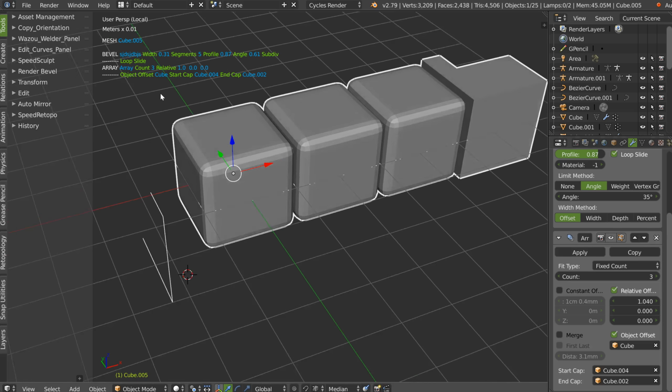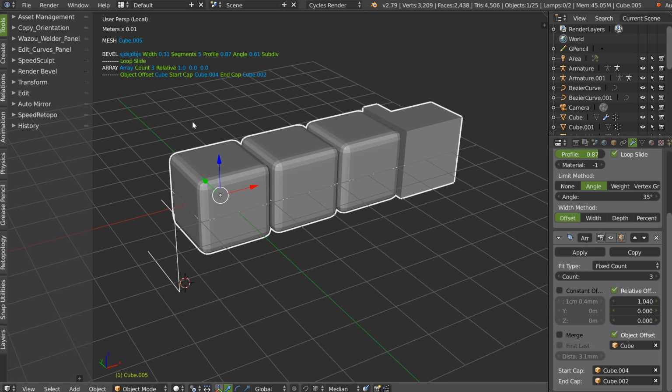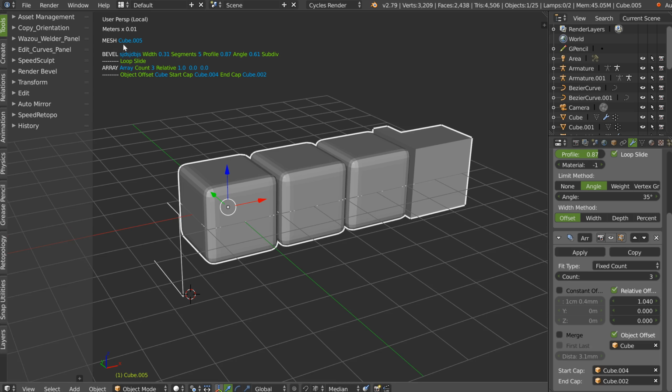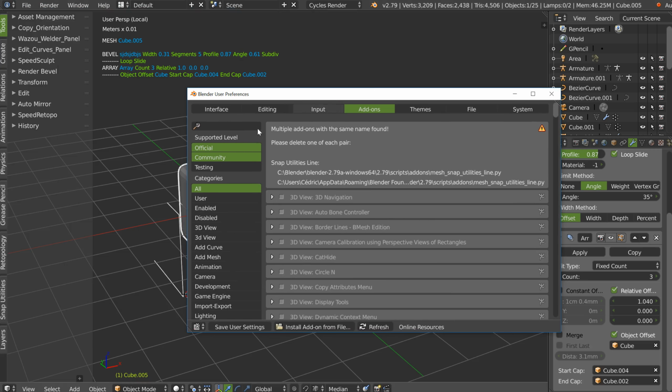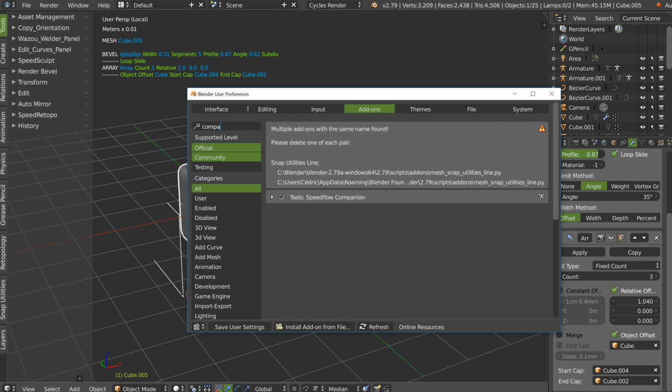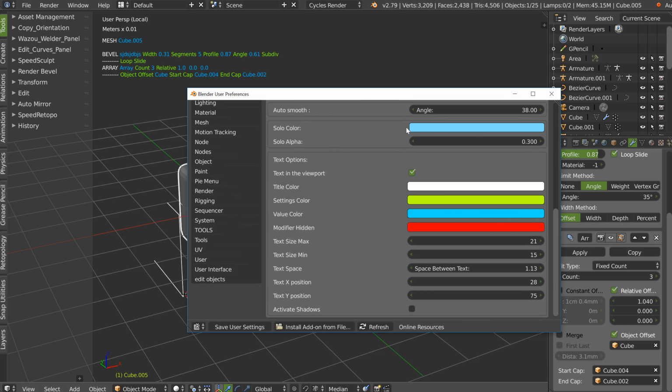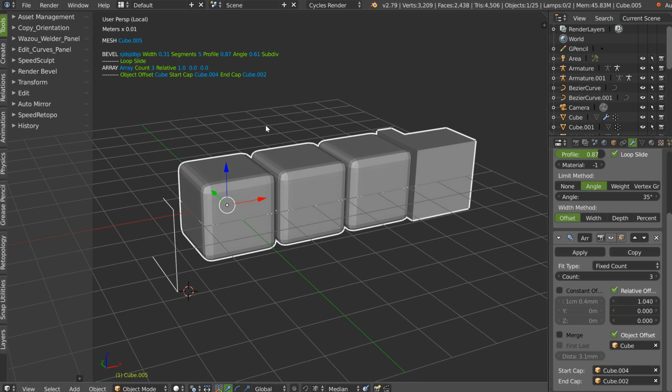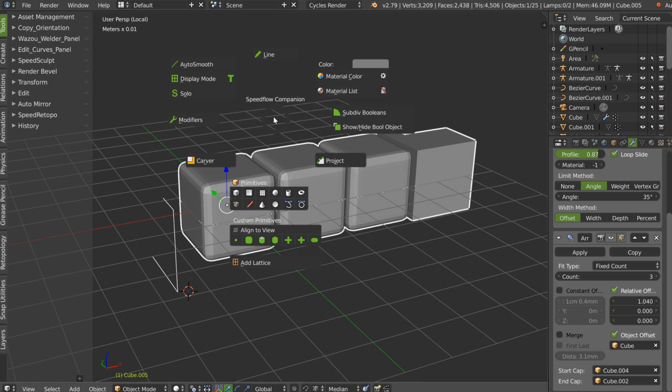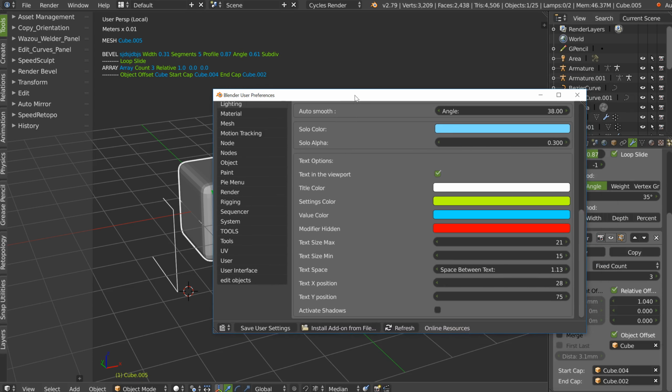So, as you can see, this is better, and one big improvement is now, depending on the size of the text, you will not have overlap of the text. I will go in the user preferences, I will press companion, tap companion. You will have the option of the text, you can hide it here, or hide it here, depending on what you want. You can of course change the colors, you can change the size, etc, etc.